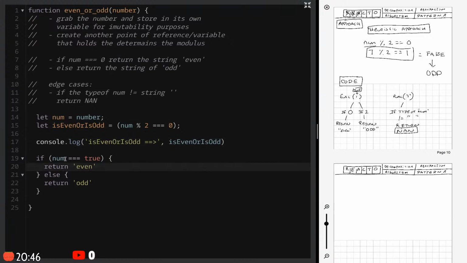So here, I was comparing num instead of is even or odd. All right, so I meant to say if is even or is odd true or false, then no, return even or odd. So let's change this. So that's my bad. Or is odd.